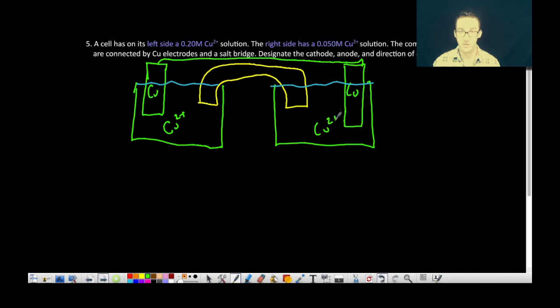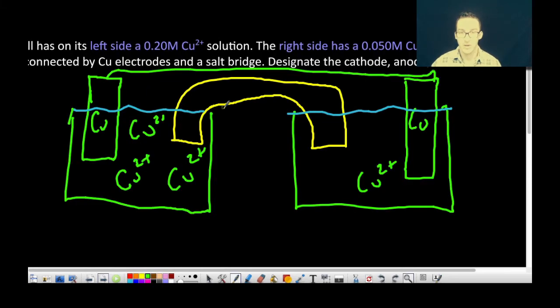It's more concentrated on the left. So as you think about this, the current is going to flow until the concentration in both cells is equal. And again, because we want concentrations to be the same,